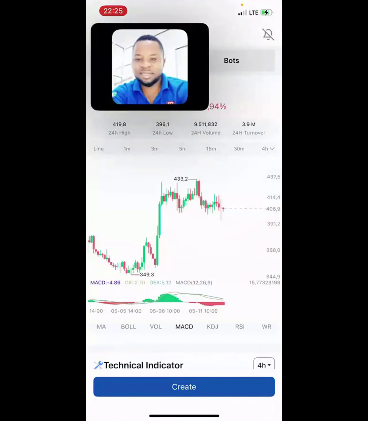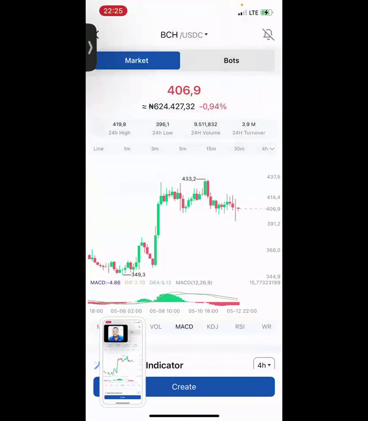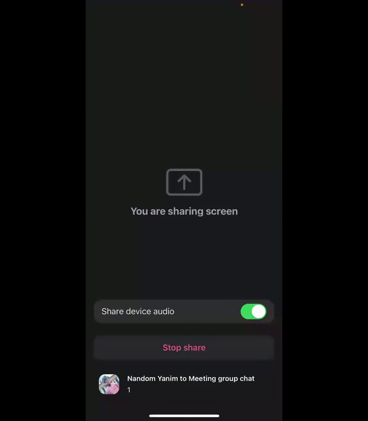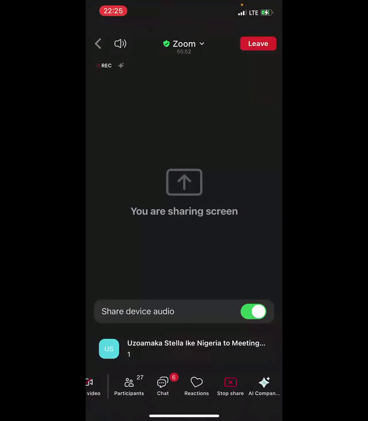Opening BCH, and there's a clear setup, you can see from here. Let me just take a screenshot, and if you can see my screen, please type one in the chat box. Let me see. Okay. So I'm trying to show you